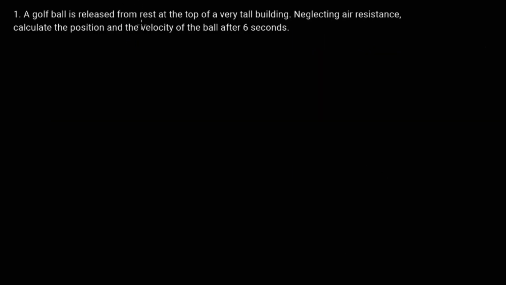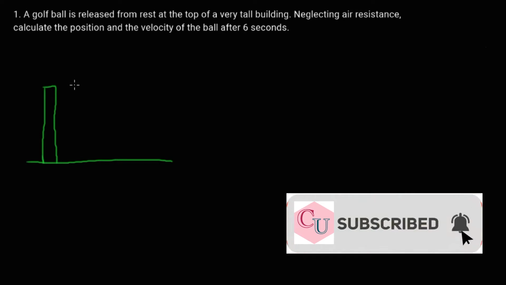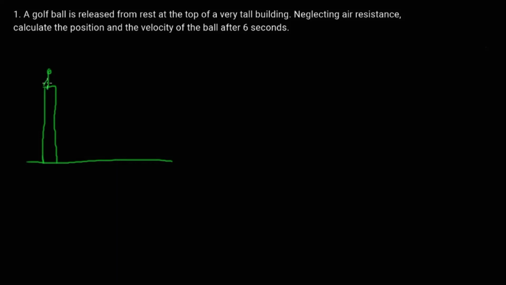A golf ball is released from rest at the top of a very tall building. Neglecting air resistance, calculate the position and the velocity of the ball after 6 seconds. Now let's say this is the tall building and this is the ground. This is the boy that will release the ball. Now if you release the golf ball, it means that the initial velocity of the ball is 0. The boy is actually holding the ball. Now if he releases the ball,